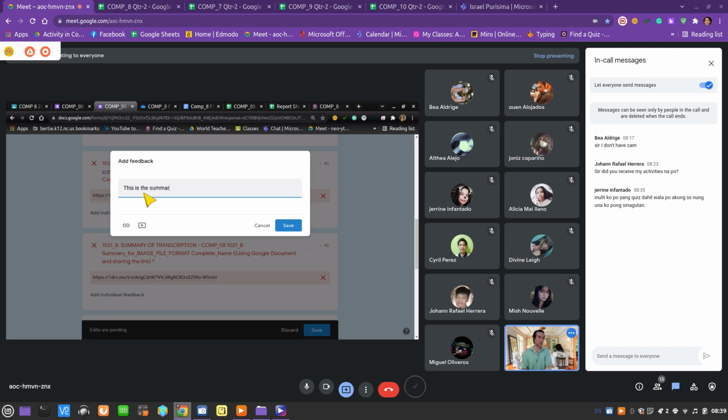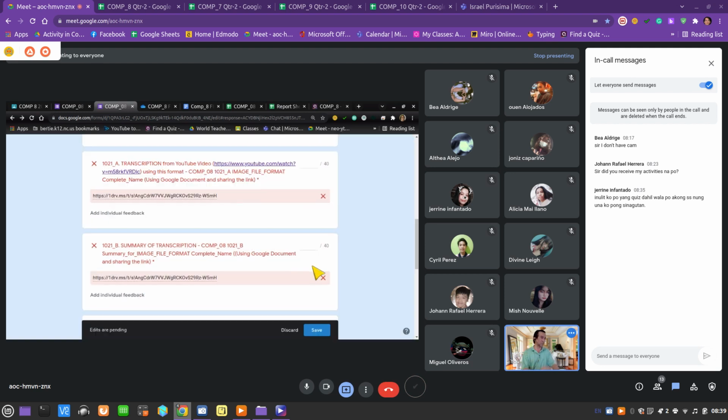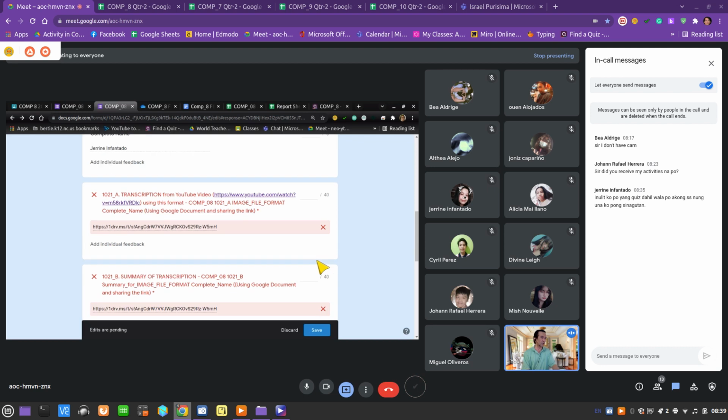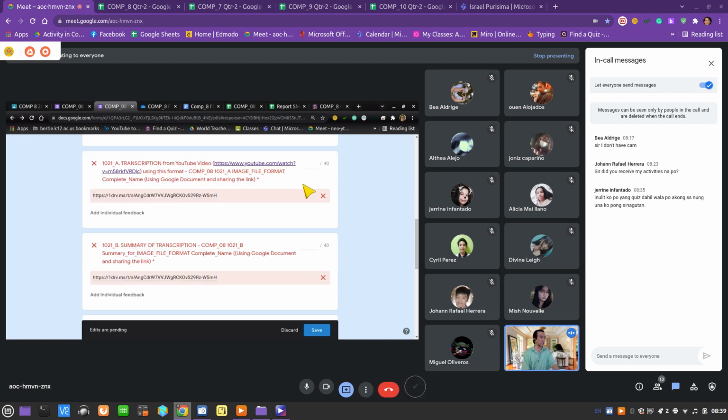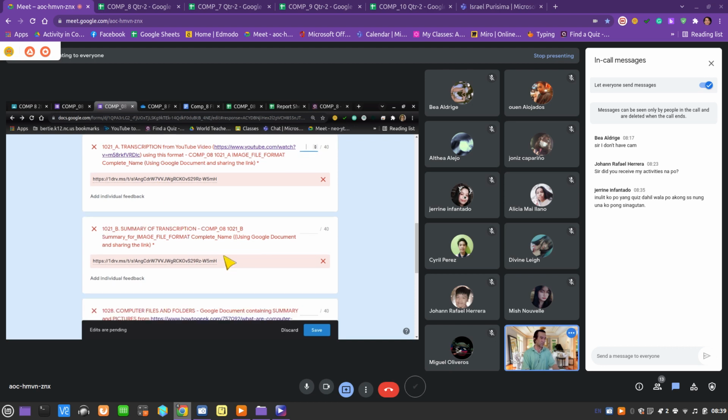So I can give comment whenever you submit it. And if I get it back to you, you can see your scores. And if you see some I did not put the scores, it means you need to improve your document further. So you see here that you use your same link. So I cannot accept this transcription with no points, and then still